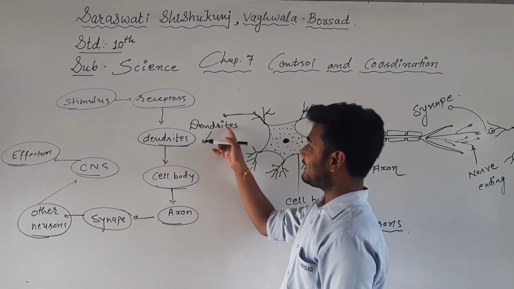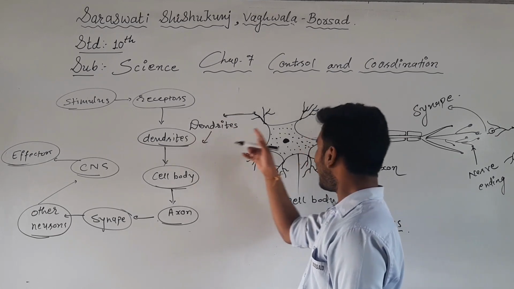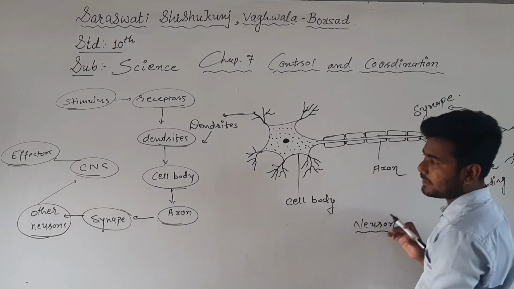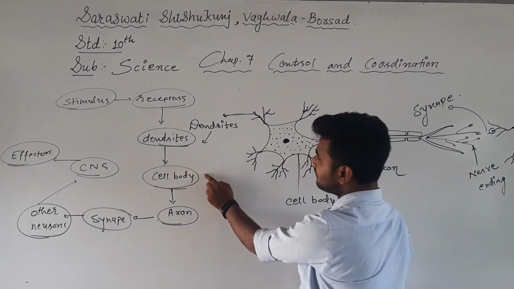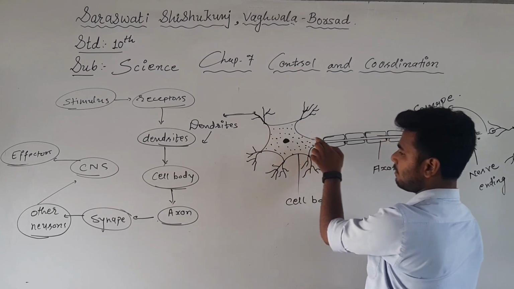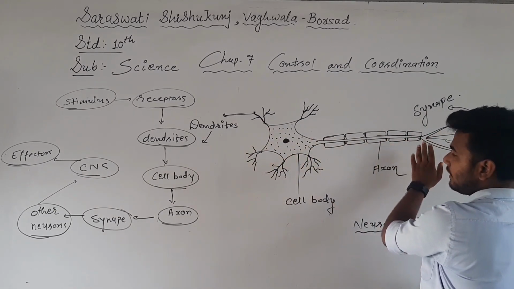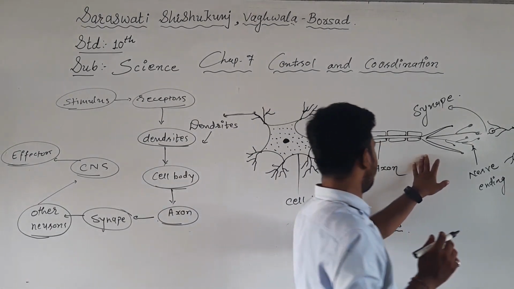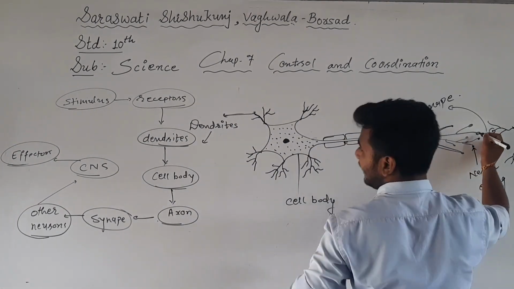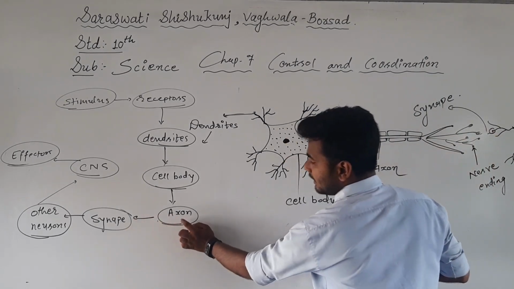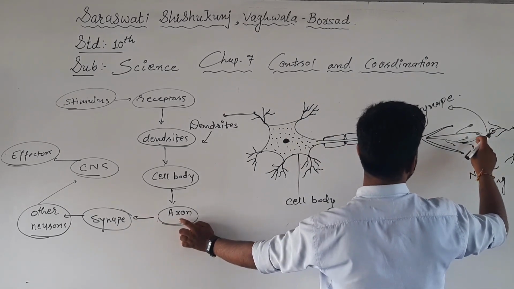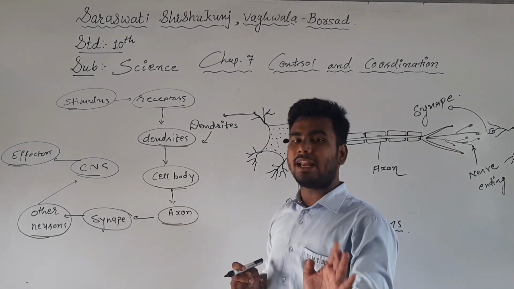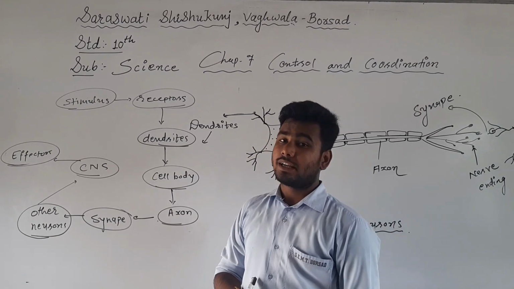As we all know, these small fibers are dendrites, and the large, long fiber is our axon. So from dendrites it will move to the cell body, from cell body it will move to the axon, right? At the end of the axon, the nerve ending, it will pass through the synapse. Here, when it is going from nerve ending to another cell, when it is passing from the synapse, it will again get converted into chemical,